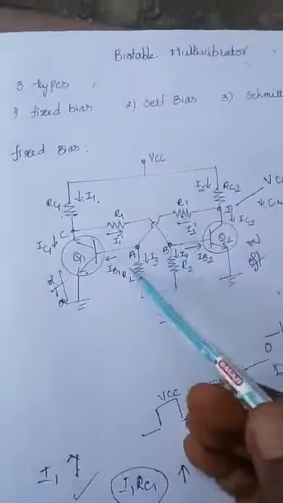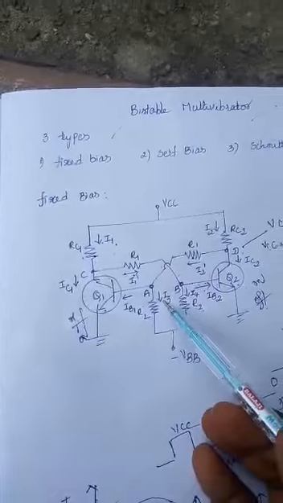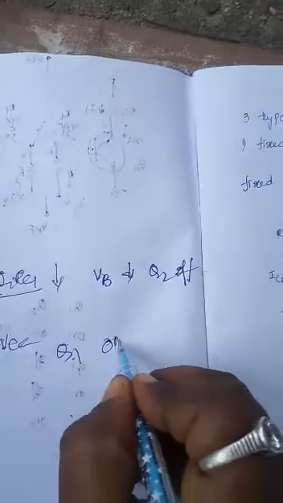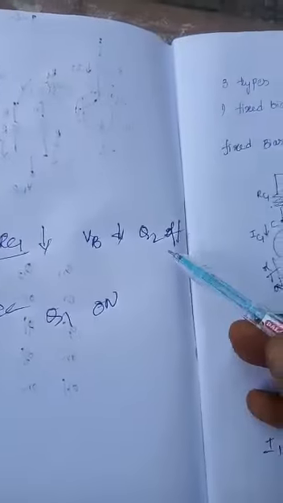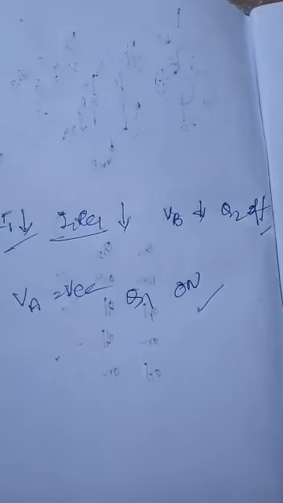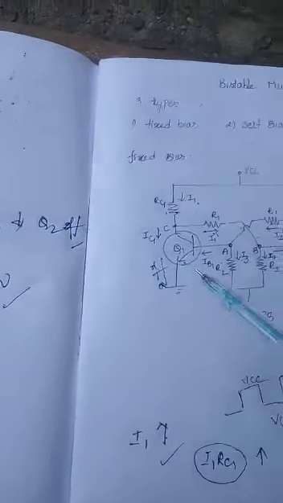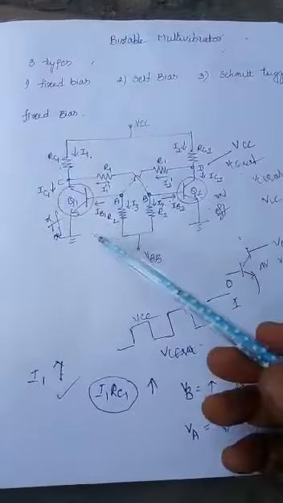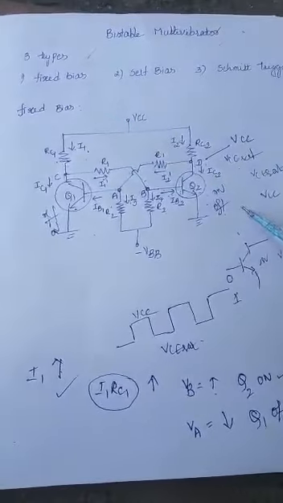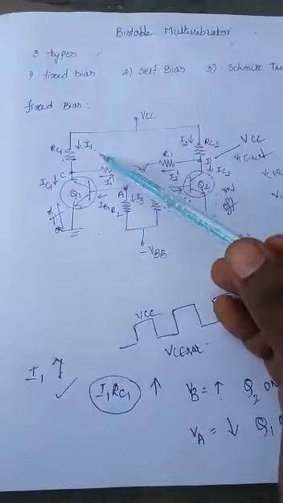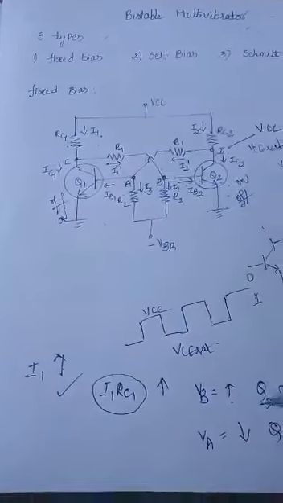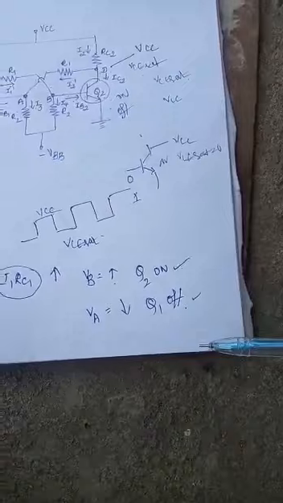Now we know transistor operation. For the base terminal, if maximum voltage is there, it means the transistor is in on condition. So therefore Q1 transistor is in on condition. So by assuming I1 decreasing, we got the condition that Q2 is in off condition and Q1 is in on condition. So from this we can understand that in the bistable multivibrator, if one transistor is on, the other transistor must be in off condition. By assuming a suitable voltage across this resistor RC1, we can get either Q1 on, Q2 off, or Q1 off, Q2 on.